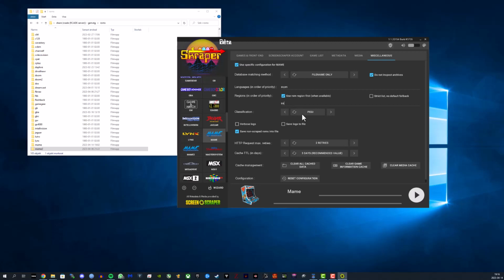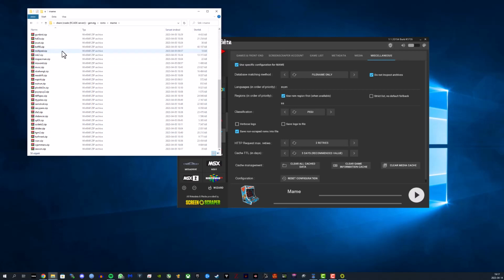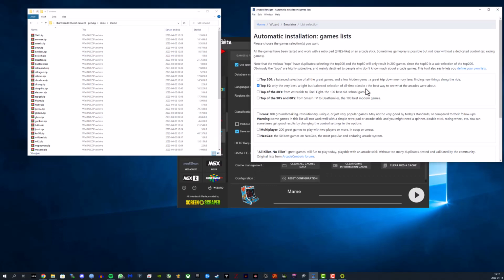Okay, so this is all we need to do before we start scraping. But before we do that, I'd just like to show you my MAME folder. Here we have 50 games, and this is derived from the 2003 plus ROM set, and I have used this tool called Arcade Manager, which is, in my opinion, a pretty nifty tool because